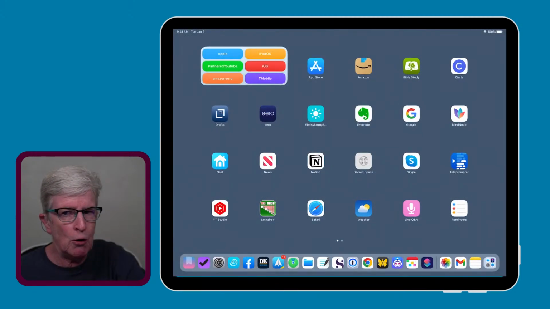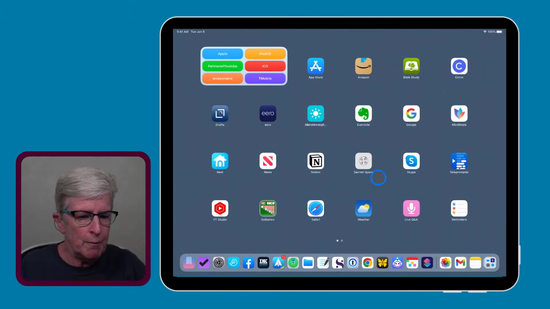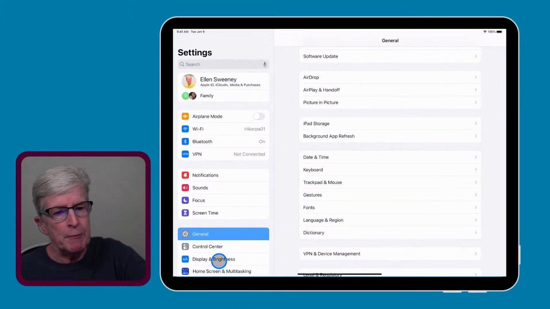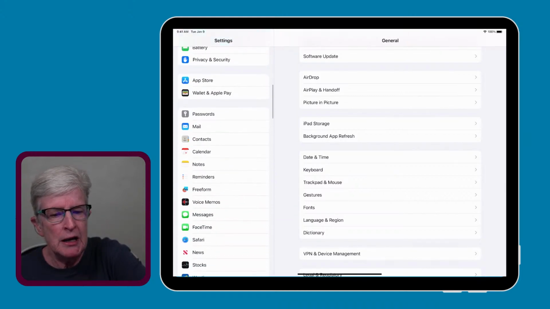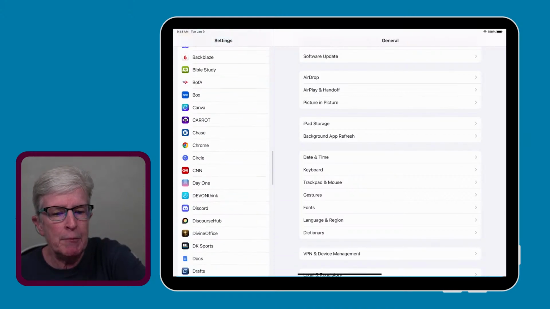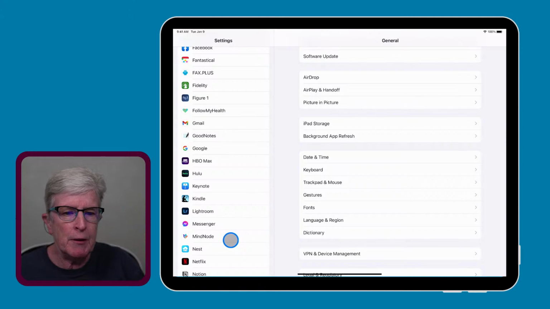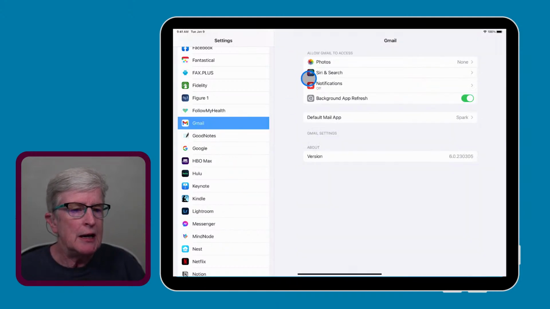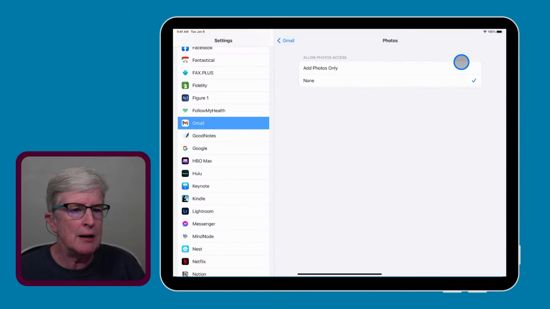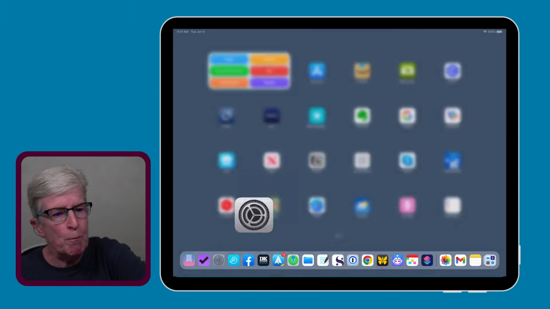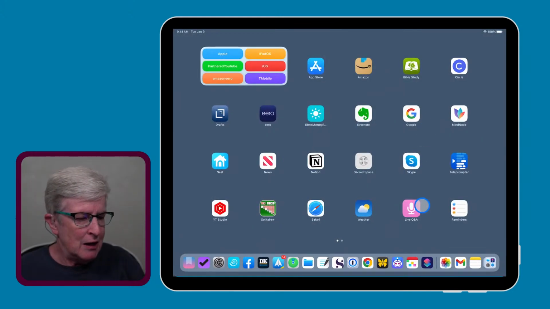I'm just going to swipe out of Gmail. I'm going to come back into the Settings app. I'm going to scroll down until I see the Gmail app. So it's in alphabetical order. So there's the Gmail app. I'm going to tap on that. And right here it says Allow Gmail to access, and Photos says None. Tap on None, select Add Photos, and now when I go back into Gmail